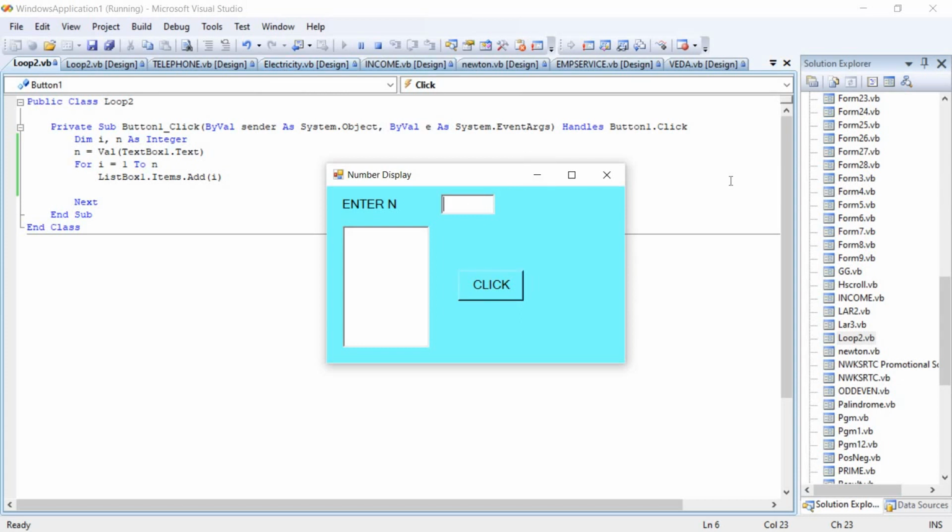Enter the value of n. Suppose if I just enter 10. Again this will be displayed from 1 to 10. If the list is too big, then we will be having a vertical scroll bar.